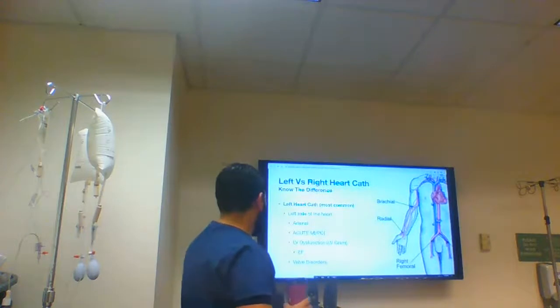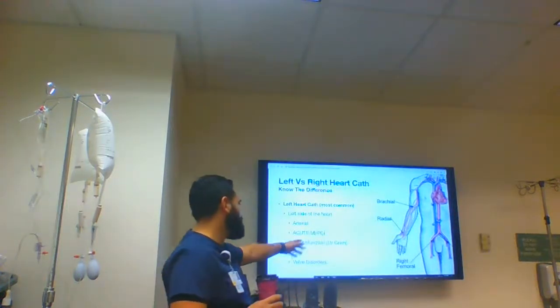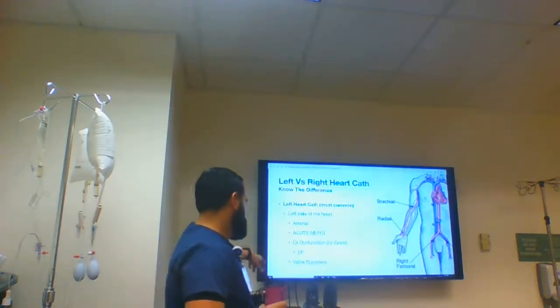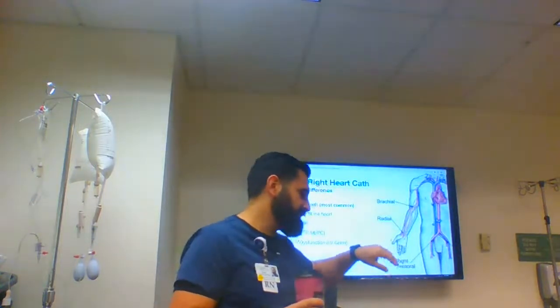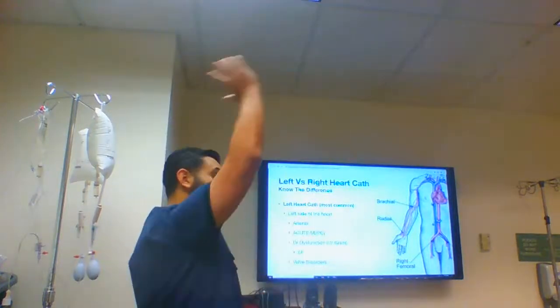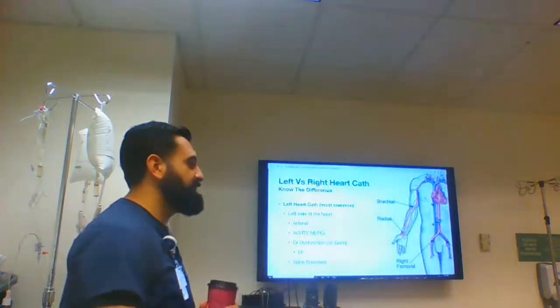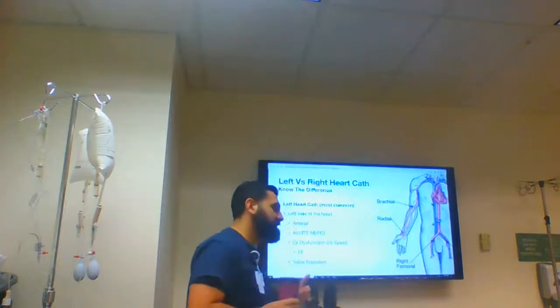And of course, if we have an acute MI, it's always a left heart cath. Like I just talked about, the LV gram will give us our EF. We can diagnose valve disorders. If the doctor goes all the way into the ventricle, he'll inject his dye, and if it scatters all over the place, to the back and to the front, we know that there's going to be a valve issue, whether it's aortic or